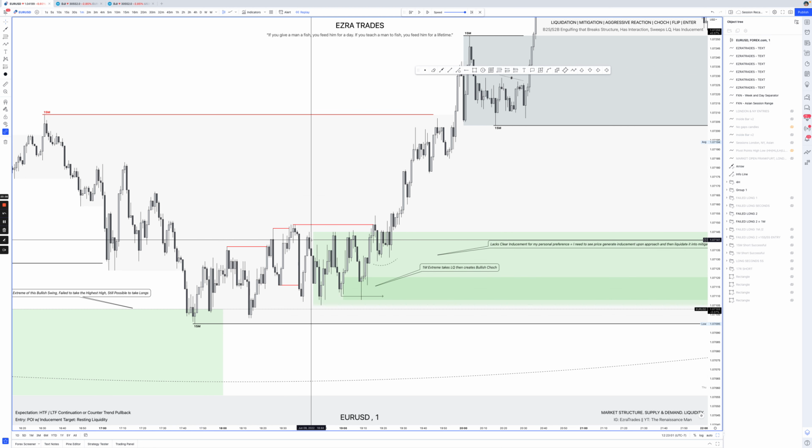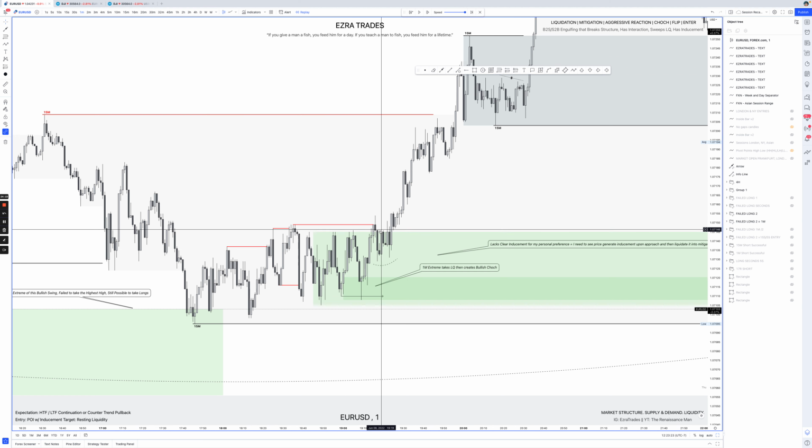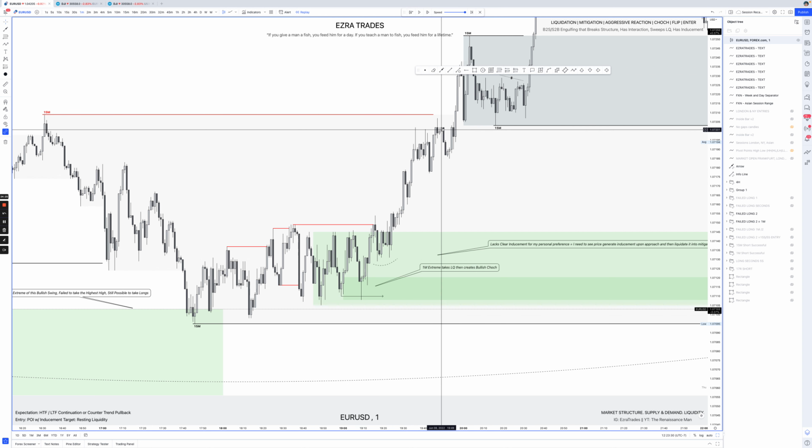And technically, the high that took liquidity before breaking structure, that directly broke structure on candle body, these are sweeps that happen, right? This is basically the extreme. So in my mind, until this goes is when I consider price to go bullish, right? Because all of this is internal to the swing, even though we're sweeping the lows. And so in my mind, when we have this sweep of liquidity to the upside and then this final pullback before creating that impulse that breaks 15-minute structure on the body,